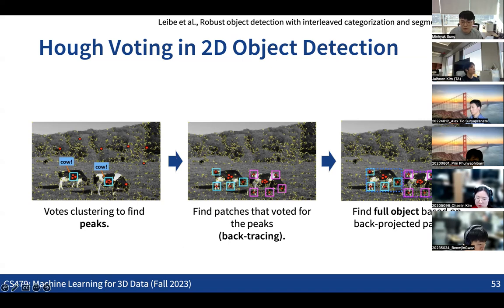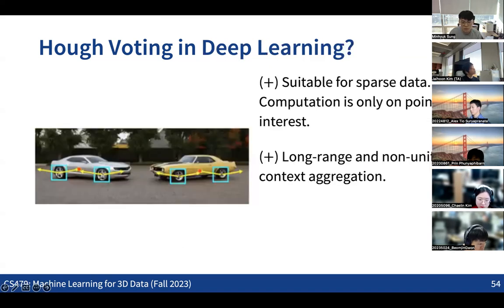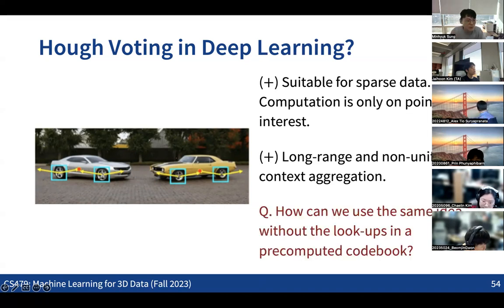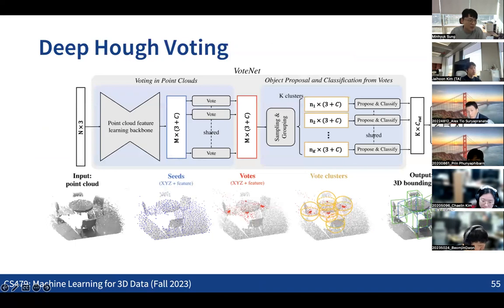So we want to apply this idea not only to the 2D case, but also to the 3D case. This way we don't need to define any anchor boxes, and even when the center point is far from each of the points over the surface, we can directly apply this idea and effectively find all these 3D bounding boxes. So based on this idea, we want to find 3D bounding boxes using PointNet or some variant of PointNet. That's the architecture called Deep Hough Voting.